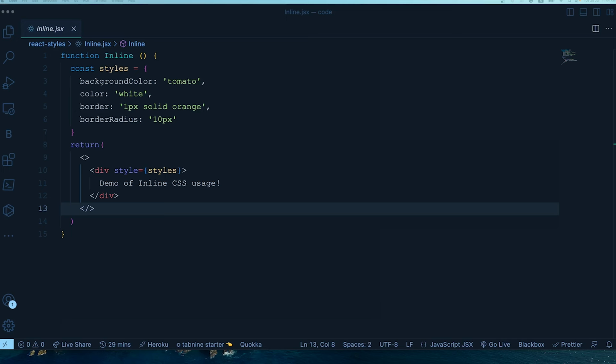And one of the vital problems with inline CSS is that you cannot use things like media queries. So it means some of these animations, the responsiveness, those keyframes, those things you cannot use. So it has its own limitation. So this is the first approach that I wanted to talk about. Hope you understand that. Now we'll move to our second approach.